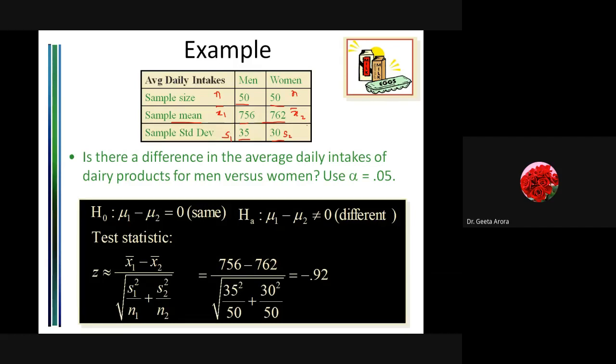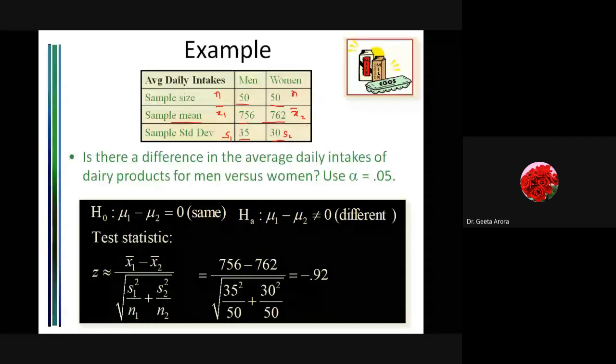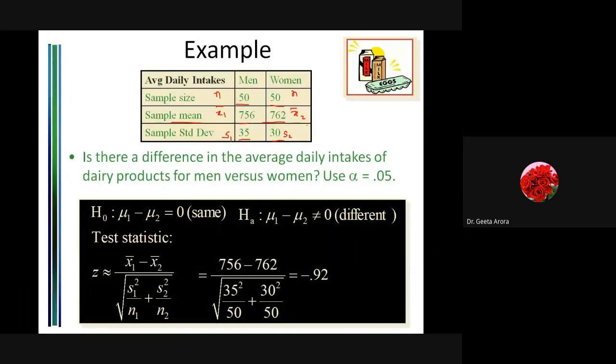Correct? Now what is the standard value? We have the standard value again. Here in this case, you are not going to have another table of z test or something different. No. The values that we have learned as the standard values for the z test are still the same. Here we have 5% level of significance given to us. Is it one tail or two tail? Two tailed. And you will see that in these differences of two means, most of the time we will have the two tail test, but not always.